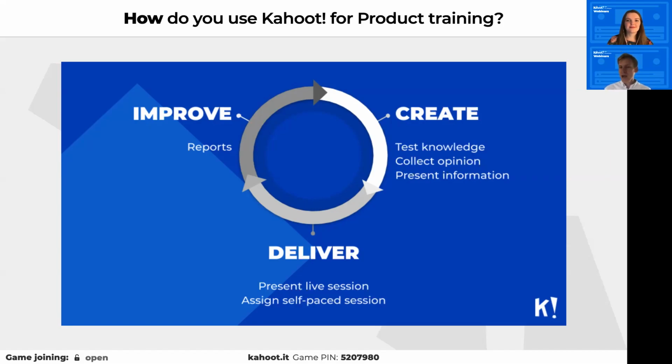We have the straightforward multiple choice quiz, which is selecting from 4 answer options. We have a true false question type, which is what it sounds like, a fairly easy one. There's only 2 options there. We then have a question type called puzzle, which is all about arranging the answers in the right order. And this is great for processes or for ranking